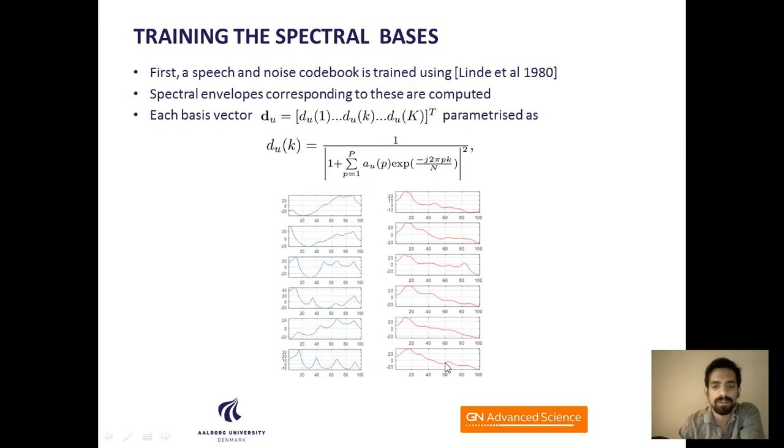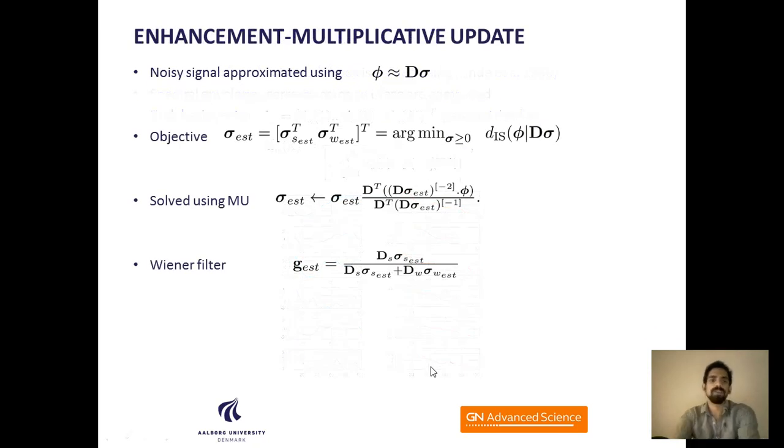So in the figure here we have on the left side the spectral envelopes corresponding to the speech, and on the right side we have the spectral envelopes corresponding to the noise in red. And moving into the enhancement stage, since we are concerned with online processing of signals, we assume that at a particular time we just have a single frame. So here phi represents the noisy pseudogram of a particular frame,